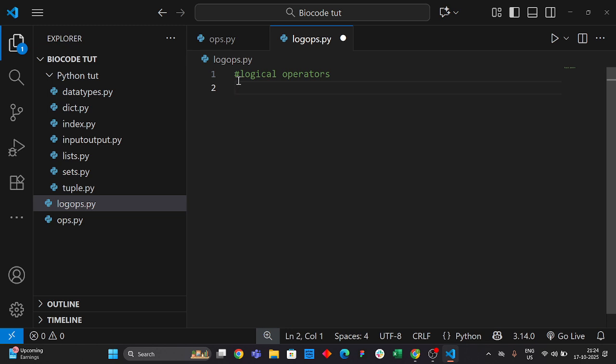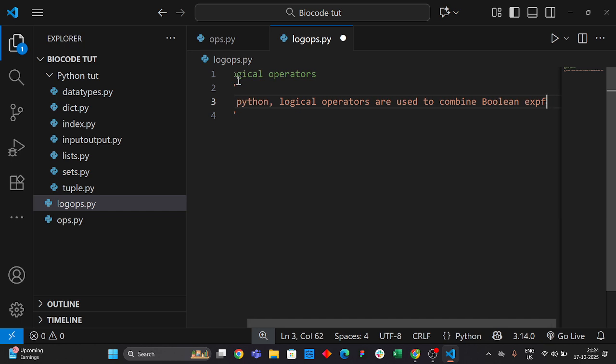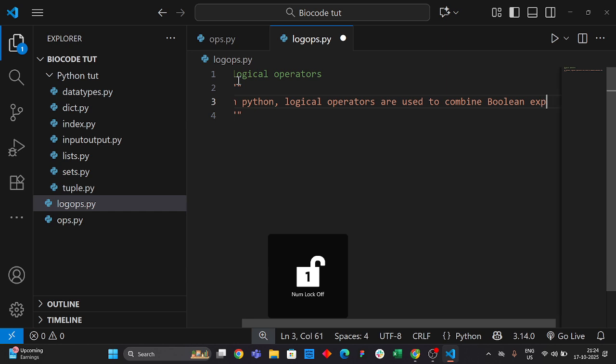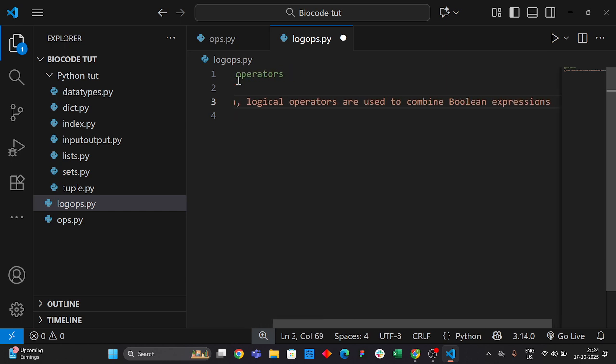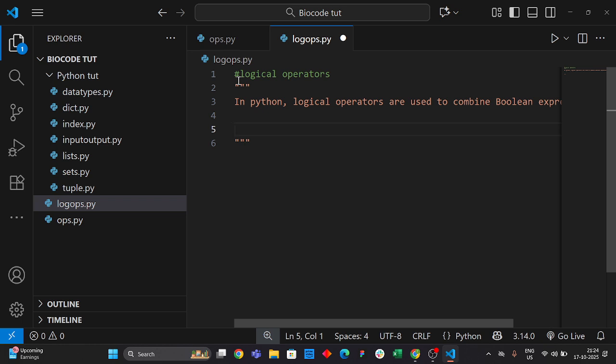Anyways, so what it uses, let's write a bit of theory in Python. Logical operators are used to combine Boolean expressions, and the primary types are, the primary logical operators are,